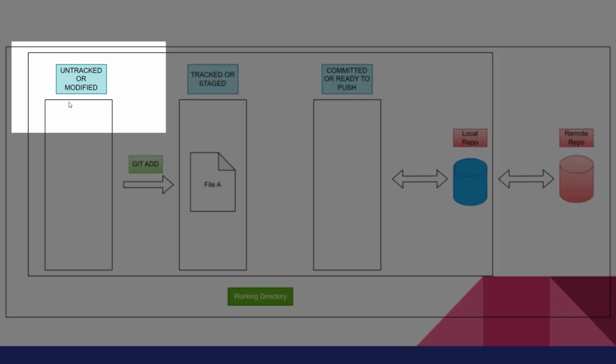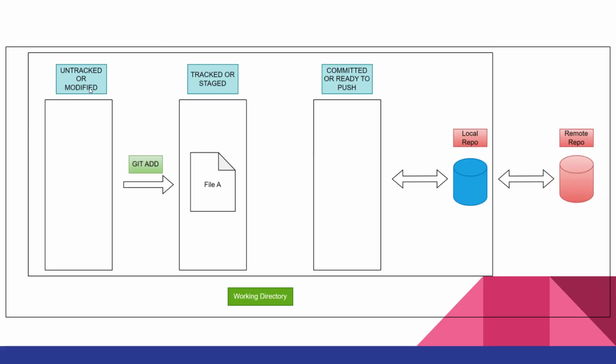If you see the first stage, I have written untracked or modified. So you might wonder what modified means here. Any file will be either untracked or modified; it cannot be both. So in which condition will it be in the modified stage? As of now we have added the file to the staging area, and suppose you make any change to this file: you add a new line, or you remove some existing lines, or even you delete the file. So we are making changes to the existing version of file A in the staging area. Git will track this change and send this file to the modified stage, and it will ask us to stage the changes you made to file A.